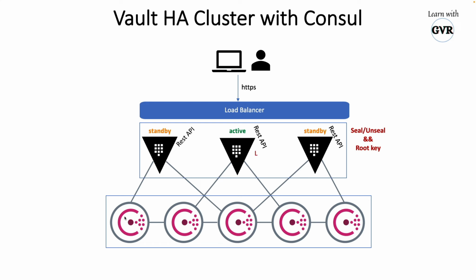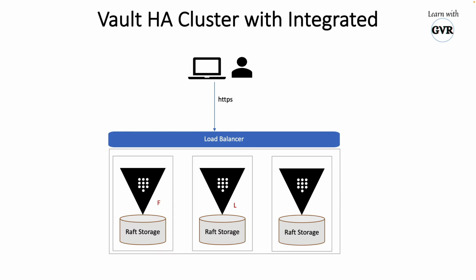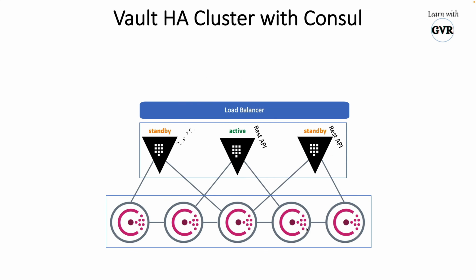So the difference here is that the Vault storage is in Consul, whereas in the previous slide the storage was the inbuilt storage. That's the difference, right? Next,